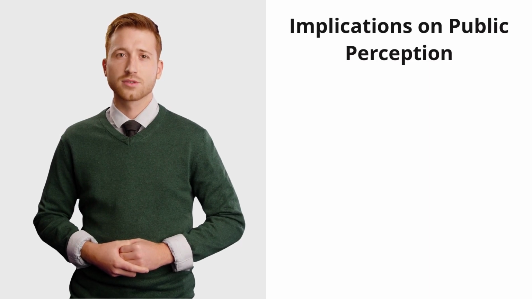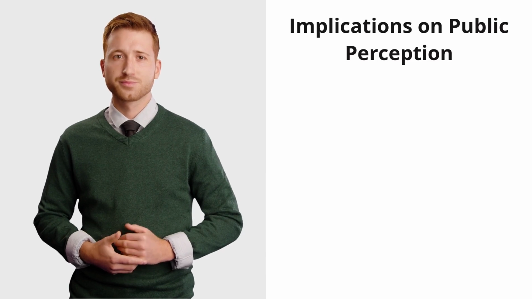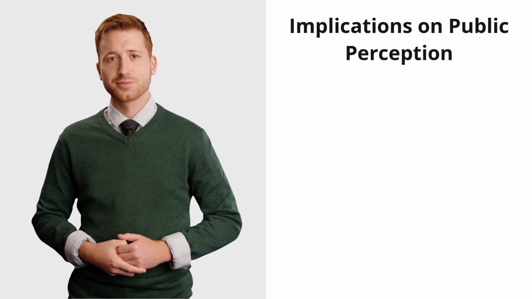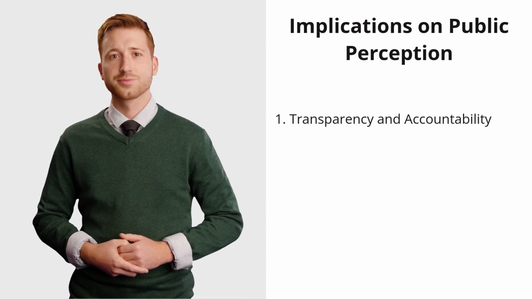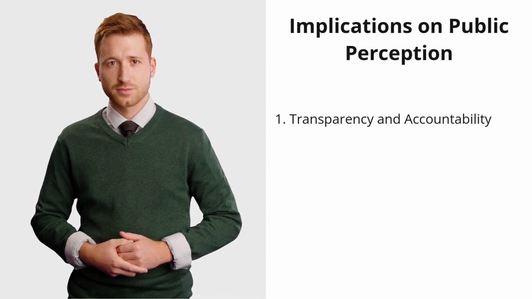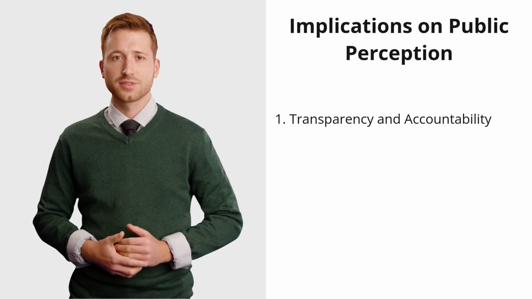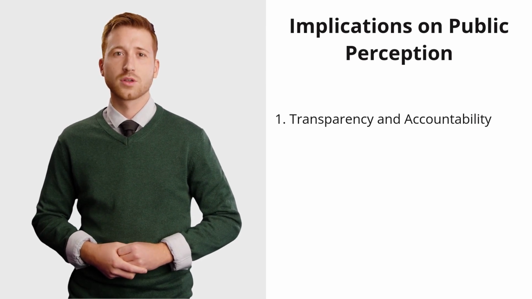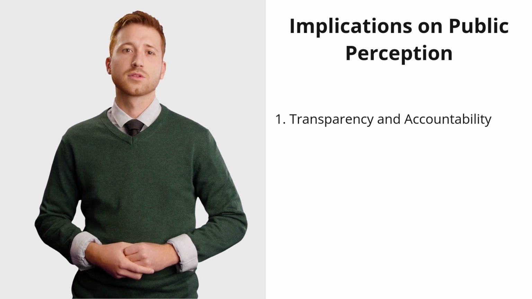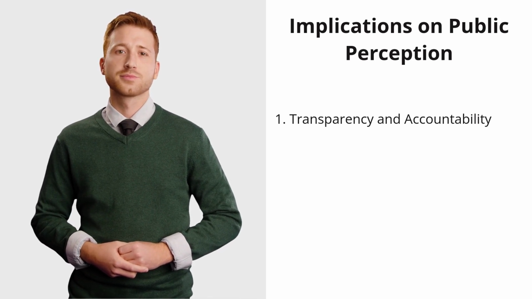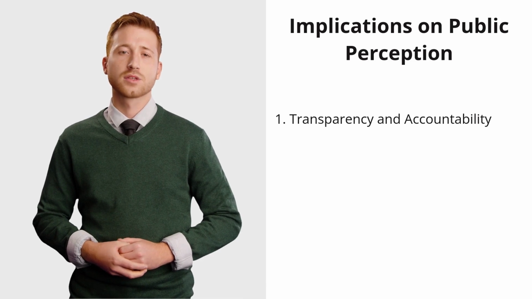The implications of such a list on public perception and trust are multifaceted. The first is 1. Transparency and accountability. The existence of Giglio lists serves as a mechanism for promoting transparency and accountability within law enforcement agencies. By acknowledging that certain officers have credibility issues that could affect their testimony, the criminal justice system demonstrates a commitment